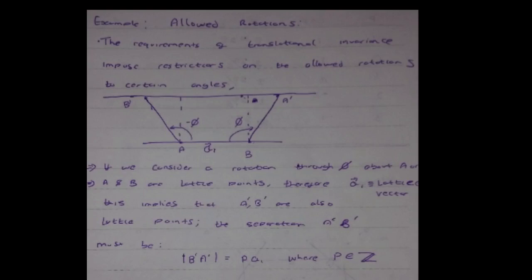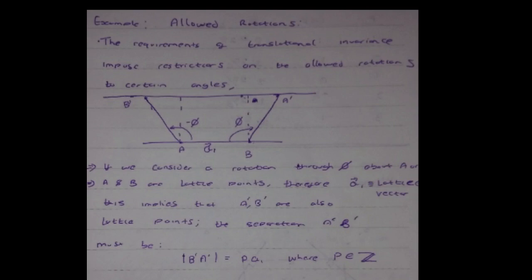Let us think about the idea of what would be allowed rotations as governed by the requirements of symmetry. Let's imagine two points, A and B. These are lattice points, so they are joined by a lattice vector A1. And we have to impose the requirements of translational invariance so that we can understand what kind of angles will be allowed. Now, assuming we have these two points, A and B, we can generate two other points, A prime